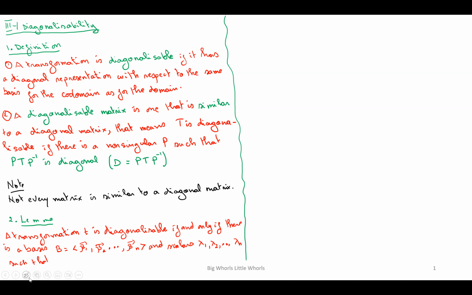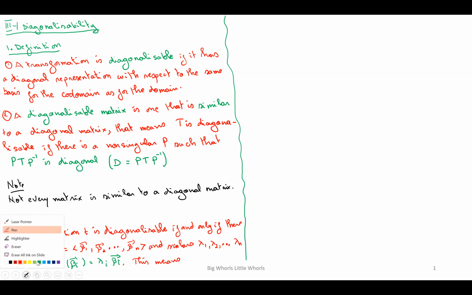I'm sure you know the following equation: the transformation of beta i equals lambda i beta i. You have met this equation when we were doing eigenvalues and eigenvectors. So this means the following. We have the representation with respect to B of T, which is going to be equal to